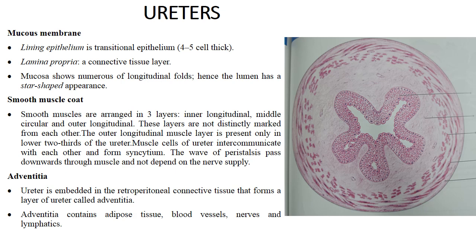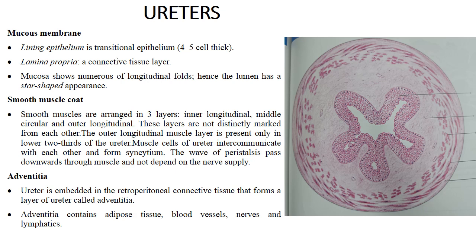When we trace above, the circular muscle surrounding the renal papillae exerts a milking action. It helps in squeezing of the urine from the ducts of the minor calyces. And when we trace the smooth muscle below, the outer two layers continue with the detrusor muscle of the bladder, and the inner longitudinal forms the muscle of Bell.